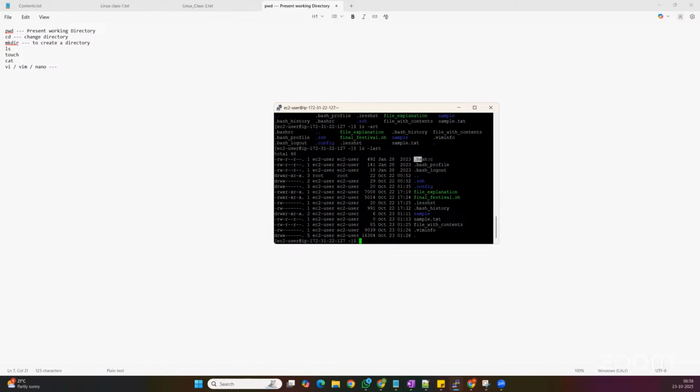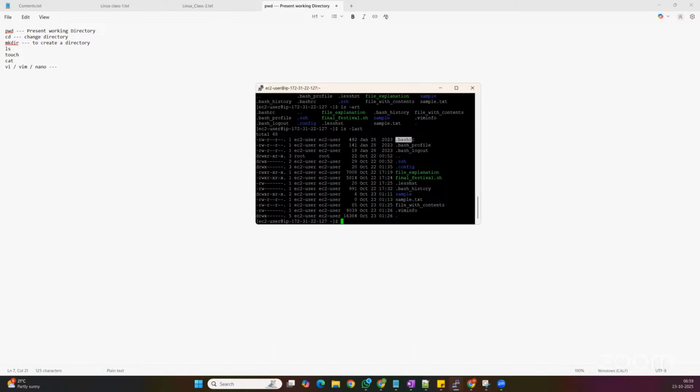So .bashrc is something that runs, for example, every time you log in. Think of it like a kind of theater: you are entering into a theater, or entering into a home. Every time you open a shell, this is what we call a shell. We'll discuss the shells separately. So every time you log into a Linux server,